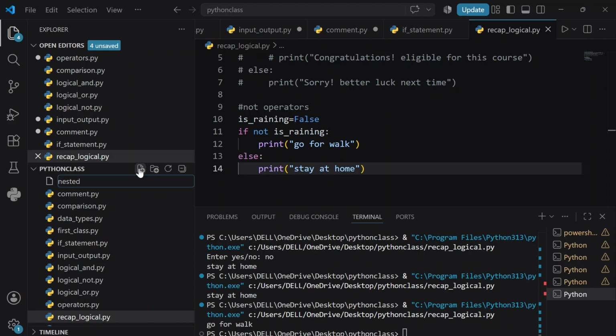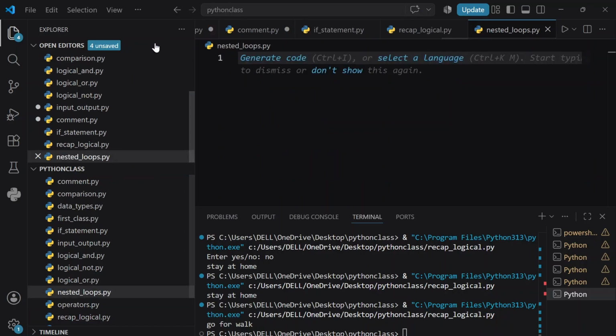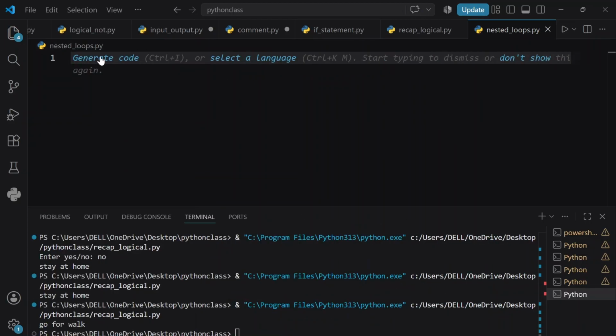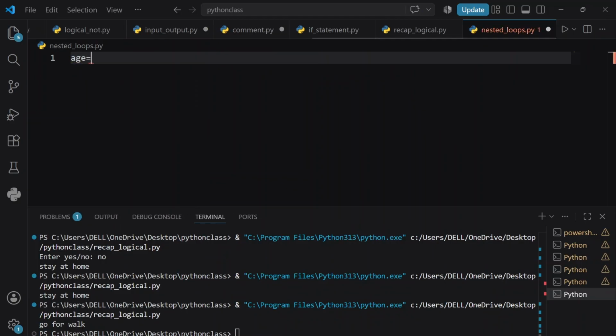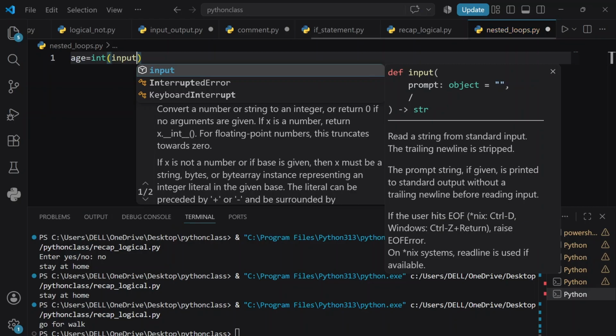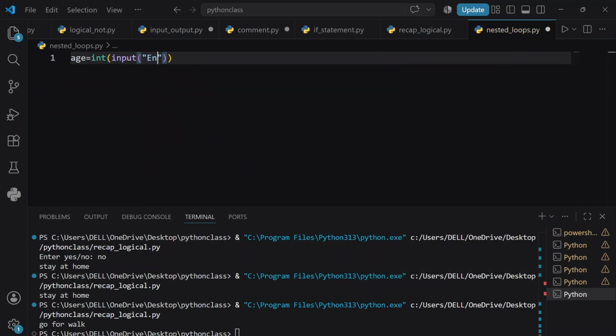nested loops dot py and press enter. Okay. So we are just talking about the blood donation and all. Okay. So what we have to do again, here I'm going to take a user input about the age and input and